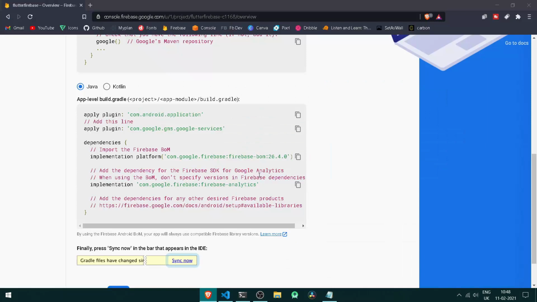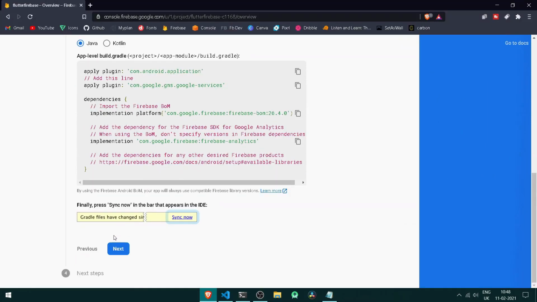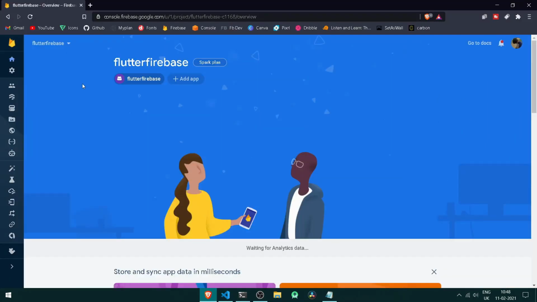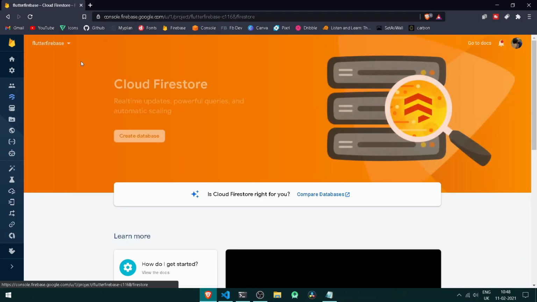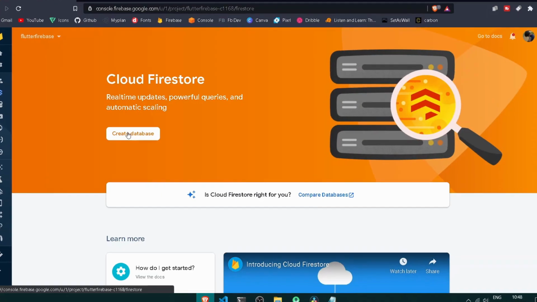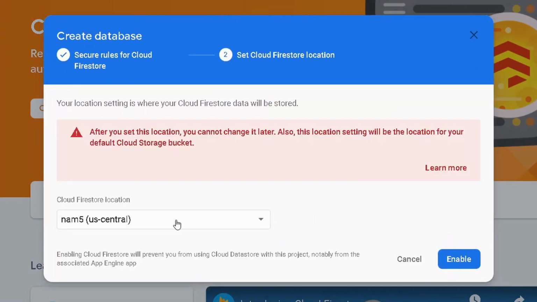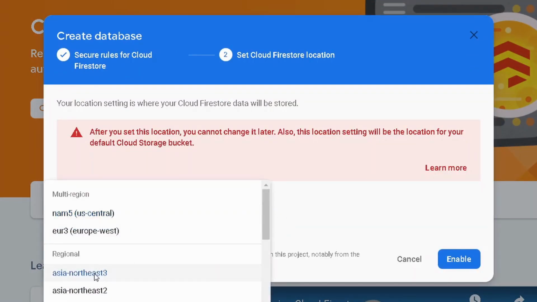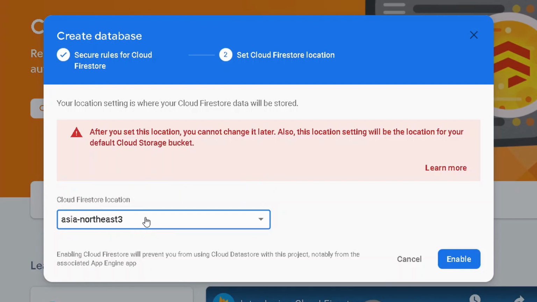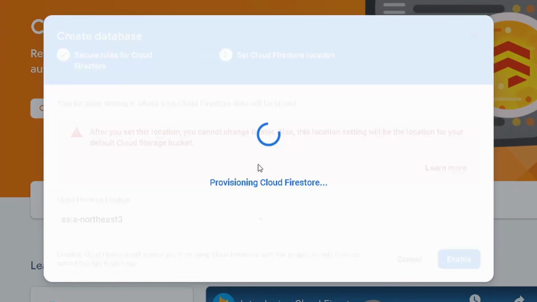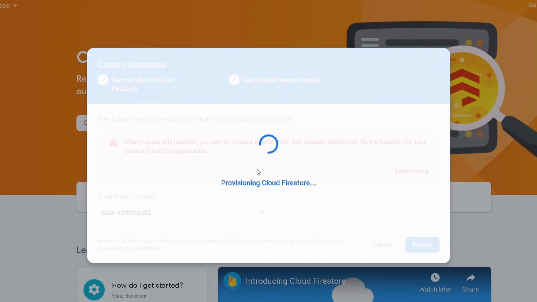So let's go back under our Firebase console and simply press the next step. So once we have done this, you can see all of the following functionalities shall be added under our Firebase console. Let's also do one thing, that is add some rules and regulations under our Cloud Firestore. So for now we will be simply creating a new database. So you can simply press next, and under the case of location I will be selecting Asia Northeast. You can select any of the following according to you, and the following provisioning method might take some seconds.